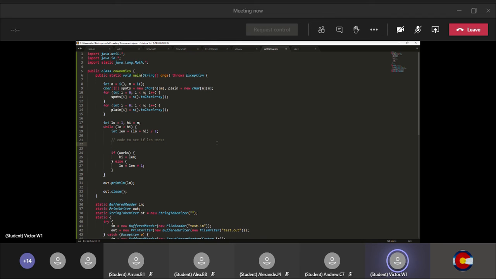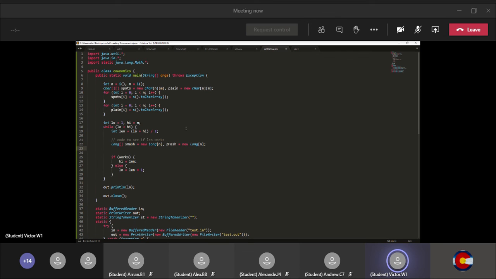So we're basically going to need to first compute the initial hashes of all the strings. So we're going to have an array called s hash, which will store the hashes of the n spotty cows. And then pretty much the same array for the plain ones. And then we also said we have to store a set, so let's use a hash set. So we're going to store all the hashes in